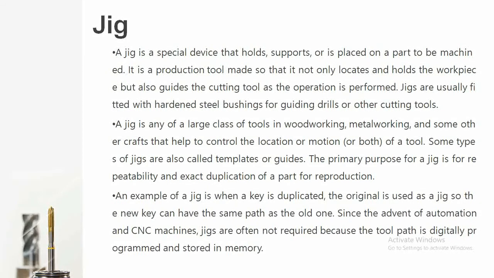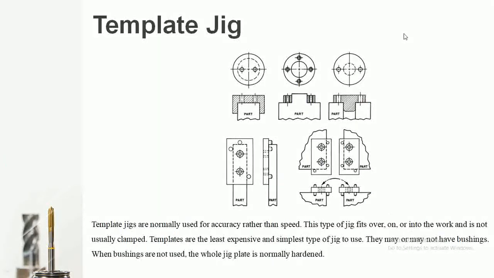Now if you prepare a plate jig with a bushing placed at the center, and design the jig in such a way that whenever you place another workpiece on the machining table and place that jig plate on the workpiece, and then you pass the drilling tool over it, the drilling tool will be guided through that jig plate, through that bushing, onto the workpiece at the desired location. Now further we will be seeing the different types.